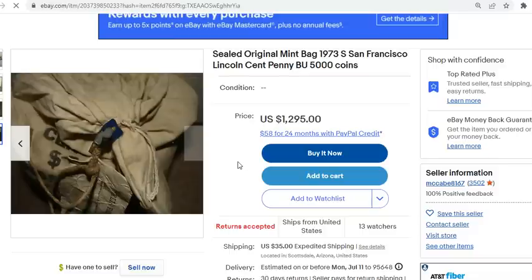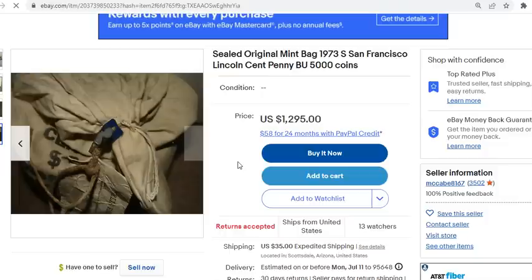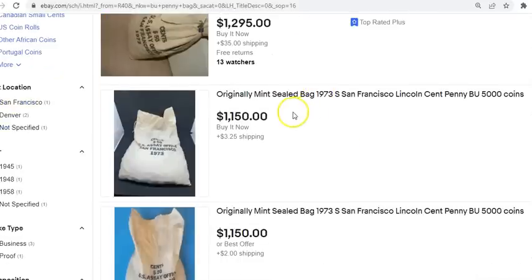So 1973S offers no really stimulating varieties. Nothing that's going to wow you. But there might be a slight opportunity for a mid-error, okay? Maybe a cud. 73S, there's a few cuds on there that you could find. But that's really about it. San Francisco Mint is generally known for better quality. Same with Denver. But it doesn't completely rule them out of being able to find some of the premier errors out there, all right? So going back to some of the other listings,